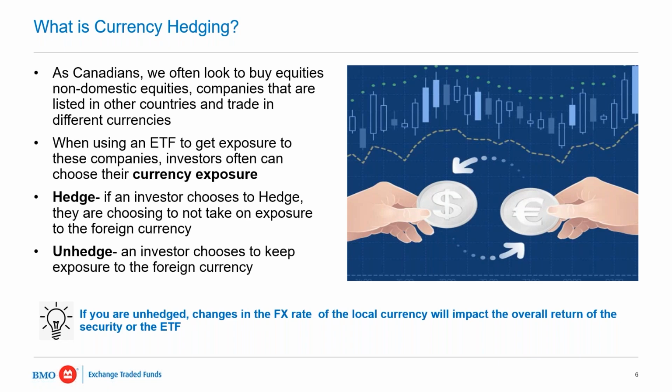For sure. So it starts with investing in foreign equities, such as the S&P 500 or the MSCI EAFE, which is Europe, Australasia and the Far East. Anytime you invest in a non-domestic exposure, whether equity or fixed income, you do have direct currency exposure as well. So if you buy a US stock, you're going to have exposure to the returns of that stock, but also the returns of the currency between US dollars and Canadian dollars. So there are two components of return.